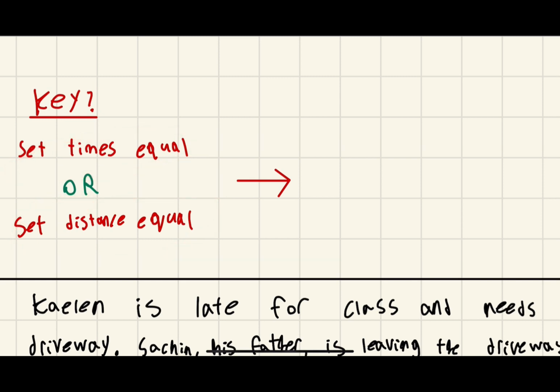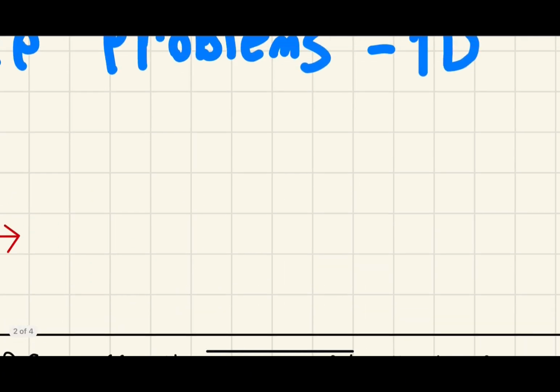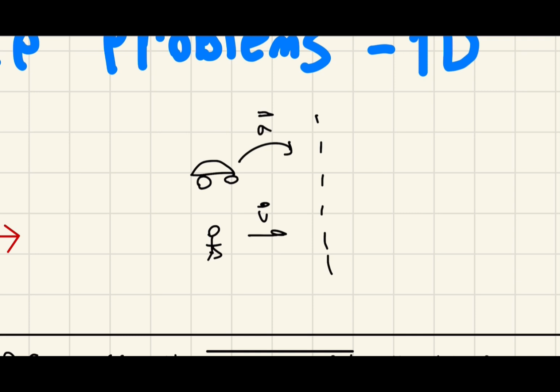Let me give a quick example of what I mean by that. Let's say we have a car with some certain acceleration and a person running with some certain velocity, and we know that they're going to meet up right here. We don't know at what point they meet up. We don't know the exact time, and we don't know the exact distance. We don't know either of these. But what we do know is that they're going to reach here at the same time,